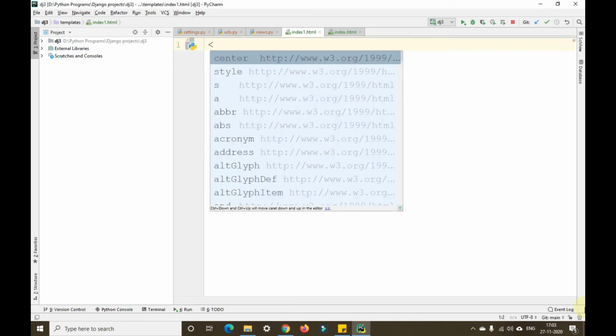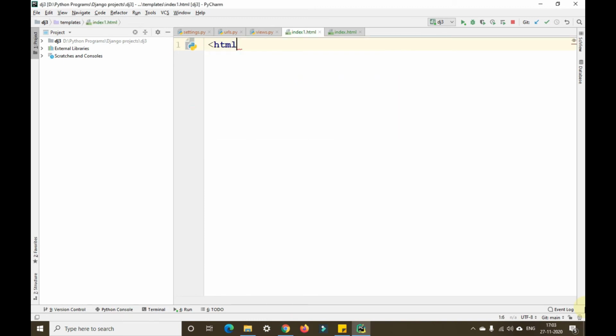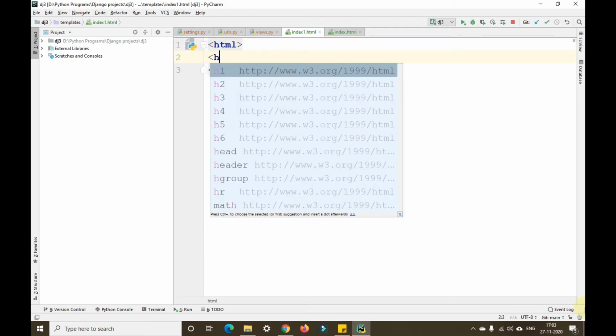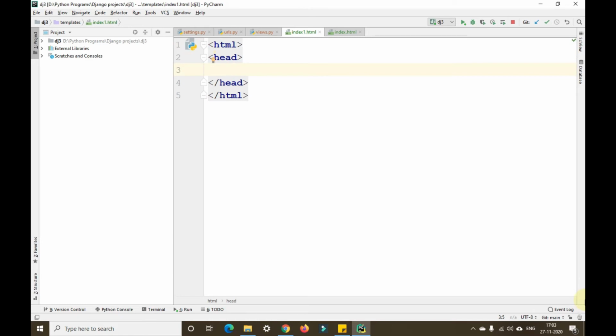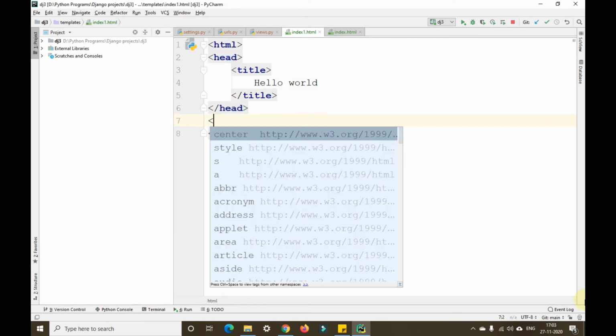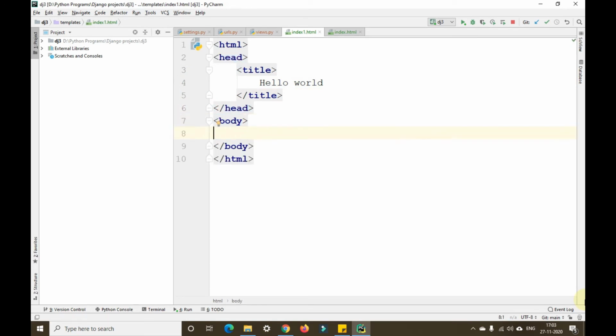Yes. So here I'll give the same code, that is I'll open the HTML tag here. Then again the head tag. In the head tag, I'll give the title, Hello world. After coming out of the head tag, I'll open the body tag here. I'll write in h1 only. I'll open the h1 tag here. Hello world with an exclamation mark here. Okay. Now I'll save this.